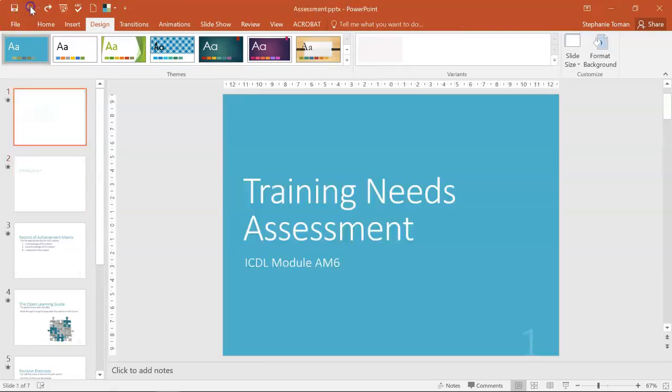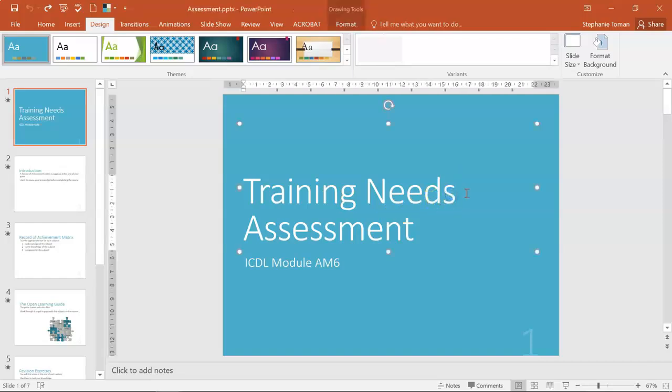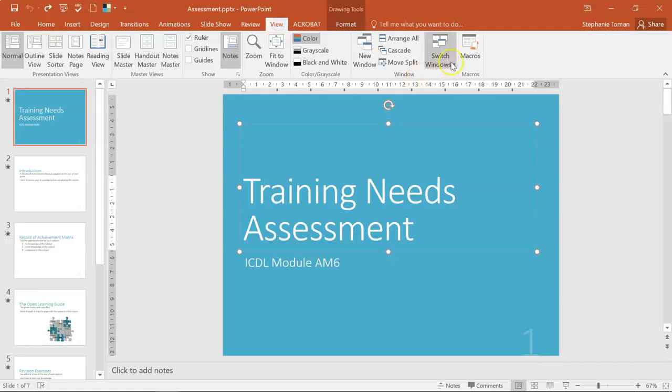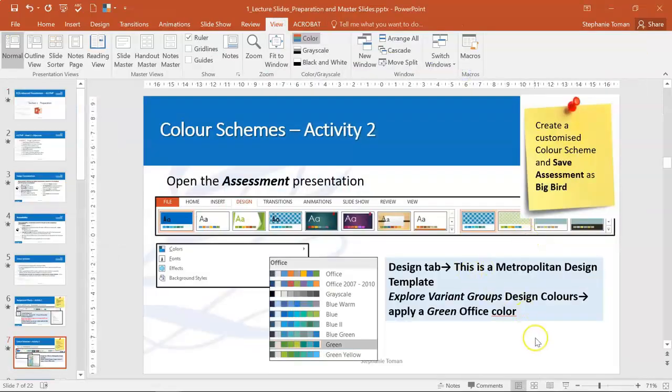The reason for this is that if you've got a PowerPoint with a particular professional colour scheme, I don't know if you notice in the CB we use a lot of purple and a maroony colour. So you can have these colour schemes brought into your PowerPoint, particularly if they're work related. Okay, so we're going to switch back to our PowerPoint so we know what we're doing and how we're going about it. So we could save that as Big Bird,